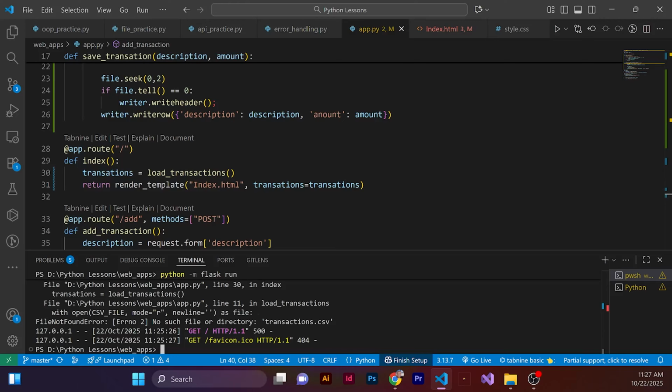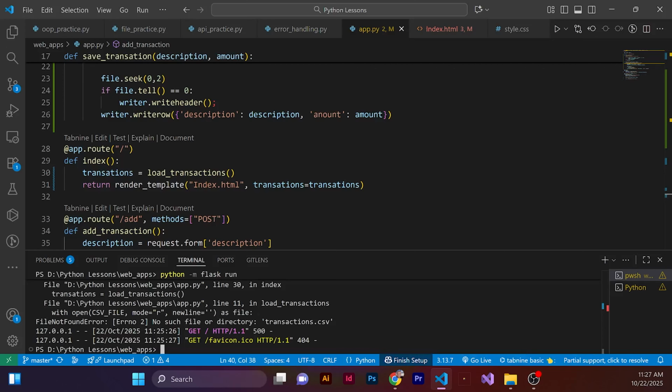But the load transaction function tries to open transactions.csv in read mode, but because we haven't added any transaction yet, the file doesn't exist. So Python correctly says I can't read the file that's not there, and it throws the file not found error,